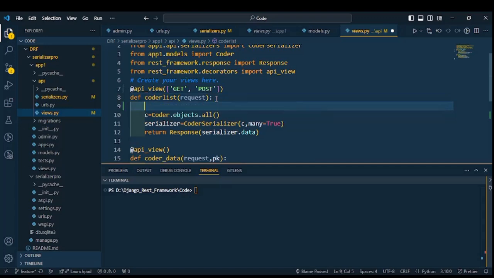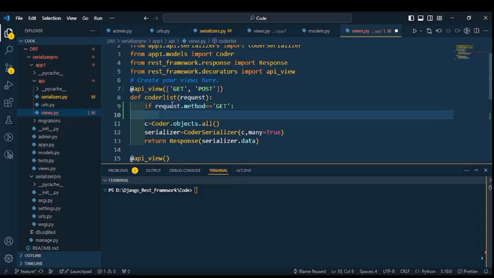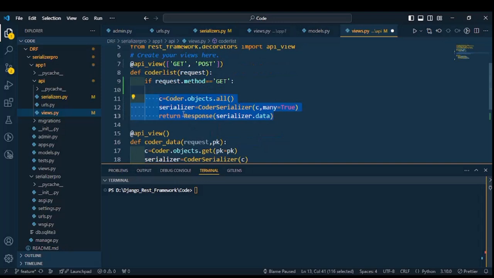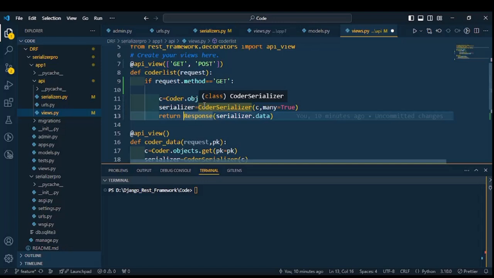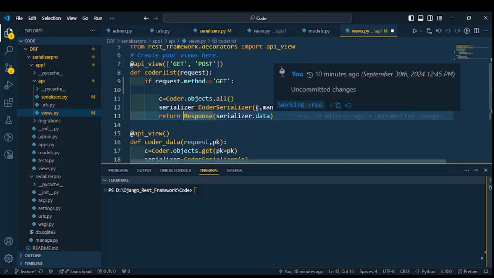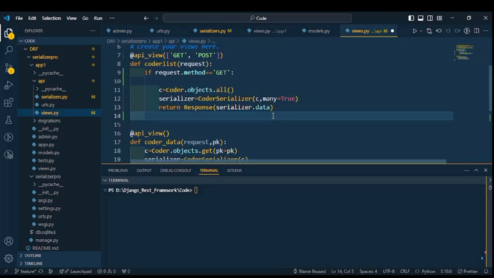So here I'm going to write a code: if request.method is equal to GET, this is the thing that I need to perform. So I need to retrieve all the data, store it into the serializer variable, and then data will get processed, with many equal to true, as there are multiple records. But if